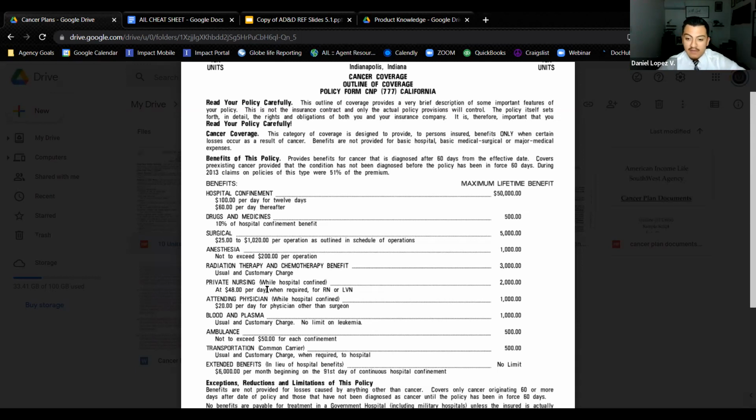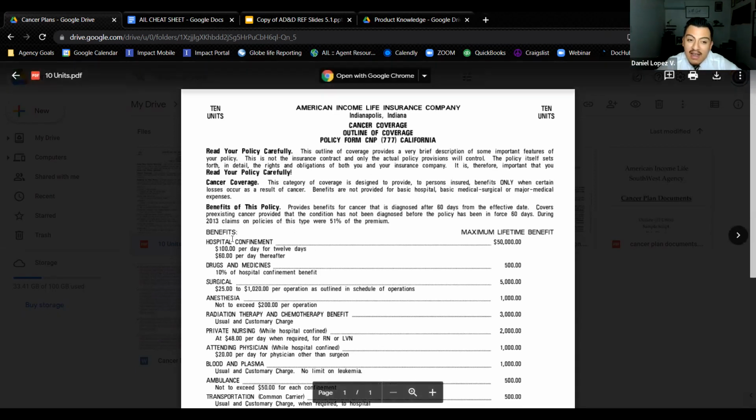So more people are surviving it, but more people are going into debt because of Kaiser. Assuming you're an adult, people that are kids, they usually go to Children's Hospital and that helps pay the bills. But with adults, it's very expensive. Your health insurance will cover cancer if you ever get diagnosed with cancer, but you're most likely going to max out their coverage because your health insurance can only cover so much. So you're going to have to pay some out of pocket. That's why this supplemental cancer plan is very important, because it supplements whatever you have to pay out of pocket, and it breaks down what it is. It covers every procedure.